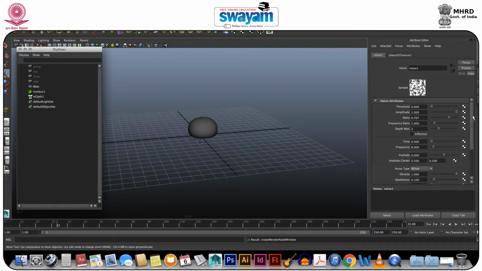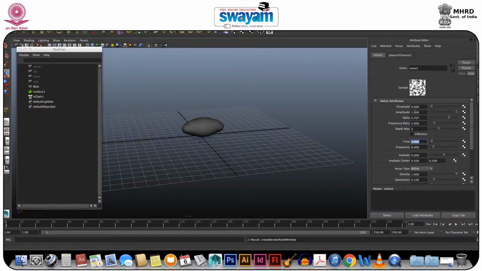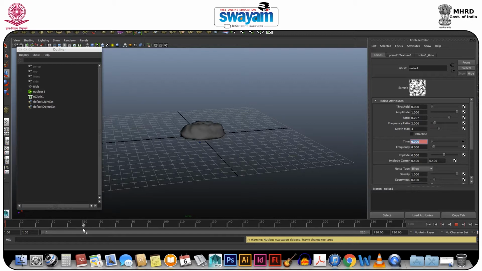So in noise, you have time, which is very important. It needs to be animated. So I will start from here. We'll select the time, right click, set key, or you can also click S, but it will animate all the things. I don't need to animate all the things, because later if I come to any of the panels, it would be hectic for me to remove them. So I will only click on this point and just set key, and 0 to 30 is fine, and